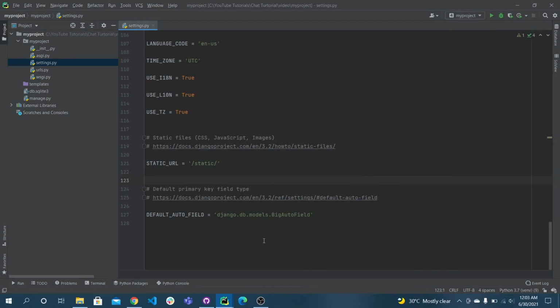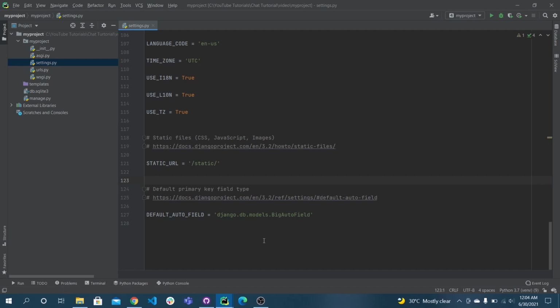Today we are going to learn how to make a chatting application in Django. Most of the tutorials just show how to chat with a person on different pages. But in this video we are going to learn how to chat with multiple persons on the same page. We can just think of it as WhatsApp Web.